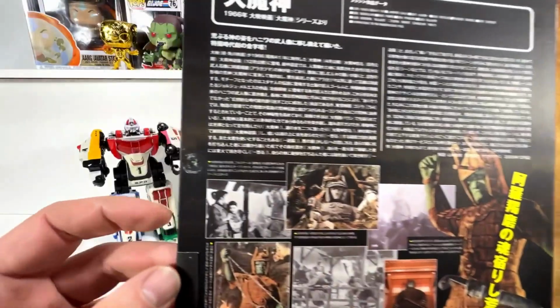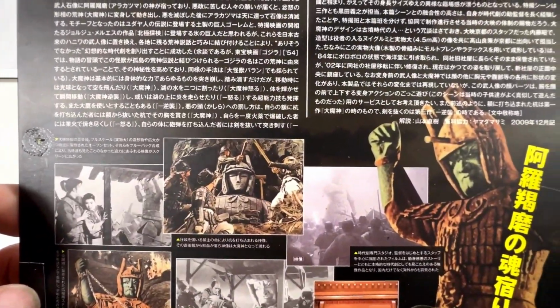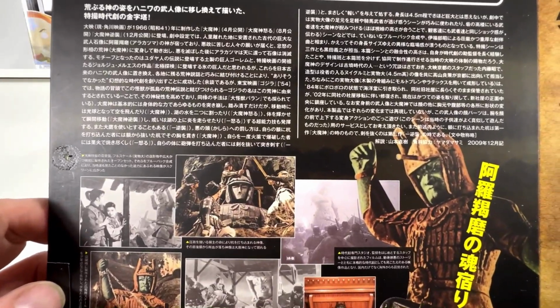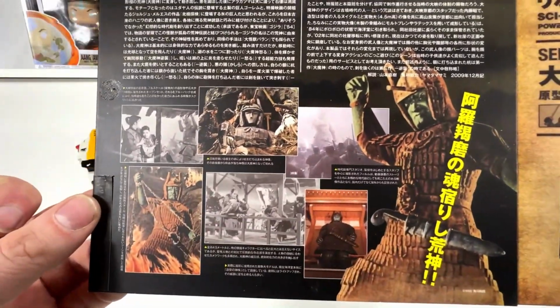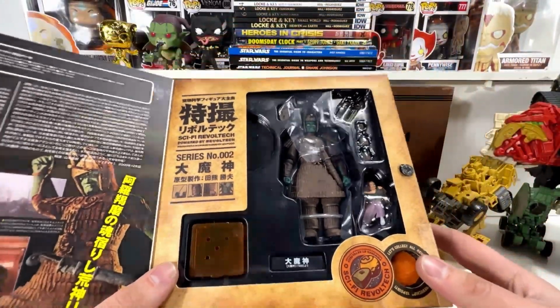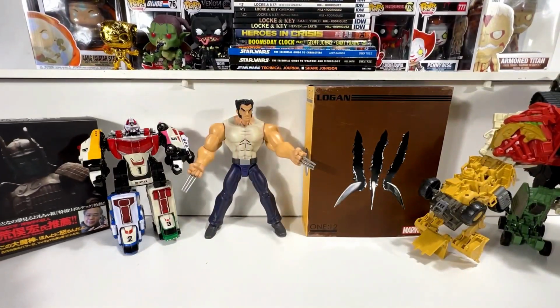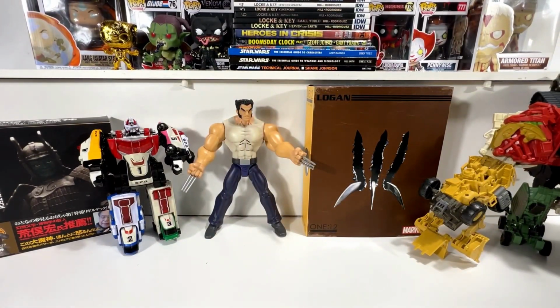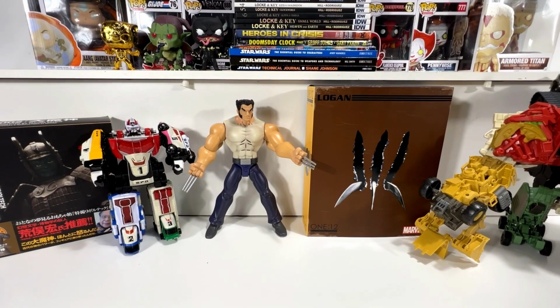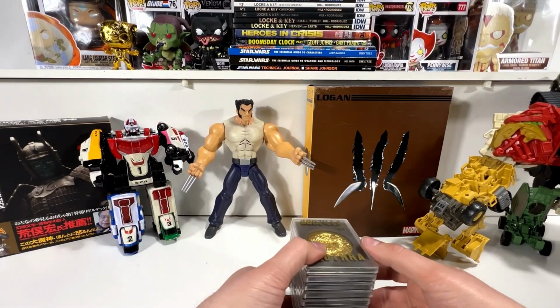He is, as you can see there, a giant statue that comes to life to protect a village when that village is threatened by invaders. It's highly detailed, being a Revoltech figure, and it is a fantastic figure as well. Sticking with Japanese bits and bobs, the same collector that sold me those also sold me these,